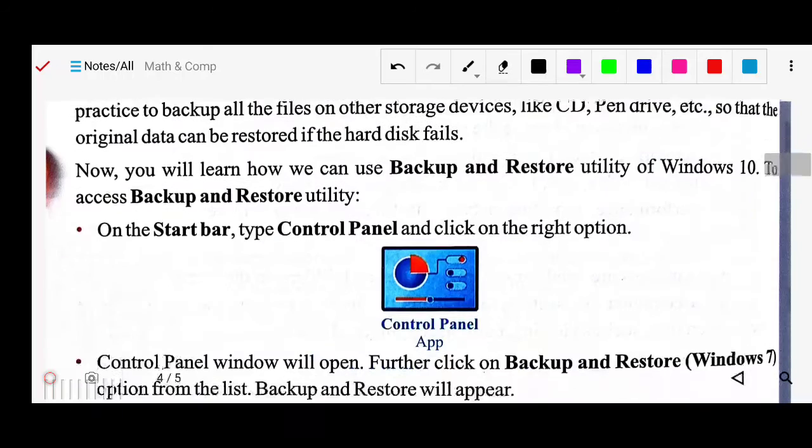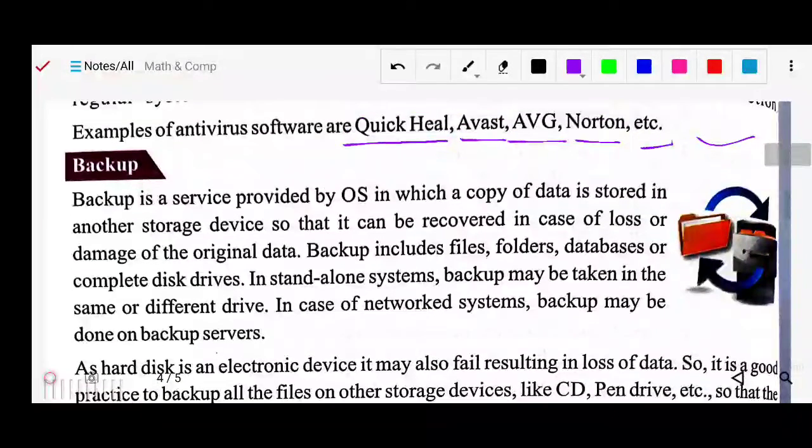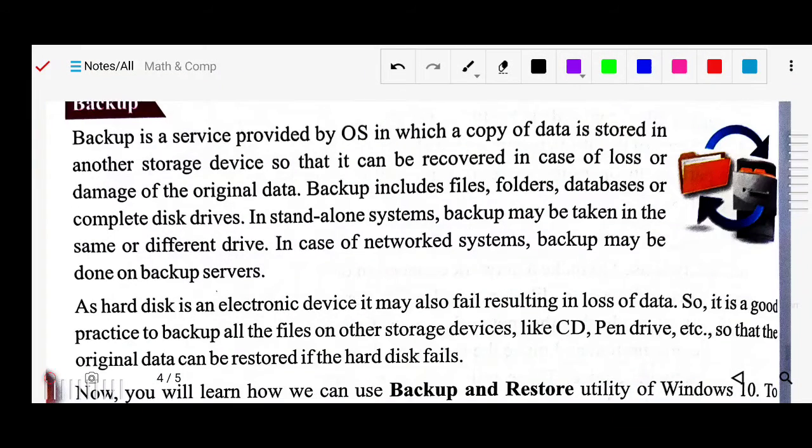Okay, now backup. Backup is a service provided by the OS, the operating system, in which a copy of data is stored in another storage device so that it can be recovered in case of loss or damage of the original data. Suppose your data is deleted by your mistake or by a virus attack.